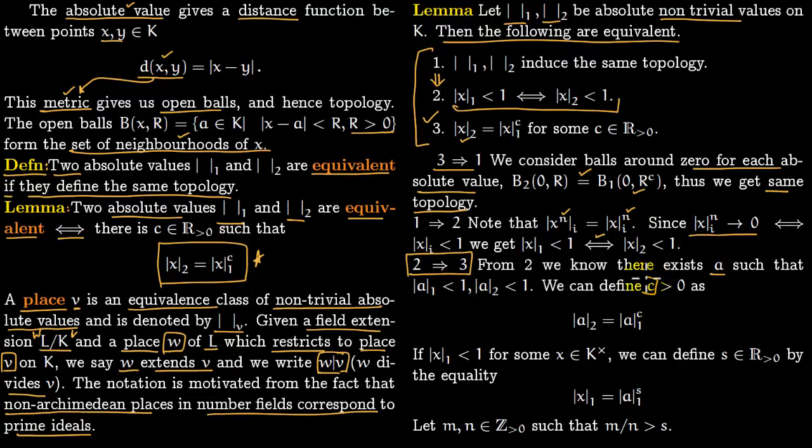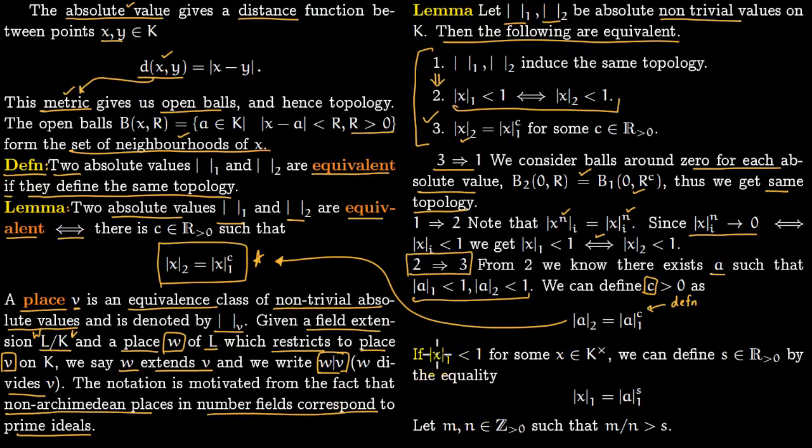So then you can define a number c like this: the second absolute value of a is equal to the first absolute value of a to the power of c. So we are defining c here. This is just the definition of c. We were able to find this from 2, and they're just two numbers, so you can always find c so that you can put these two numbers as equal to each other. So we want to go from here to any general x, so from here we want to go to here, and our journey now begins.